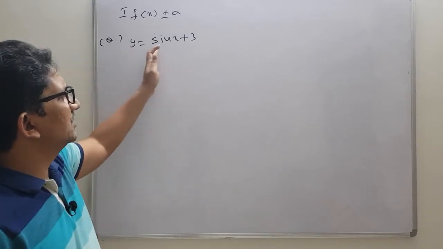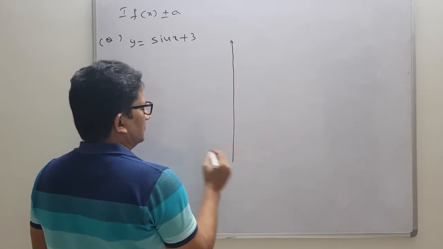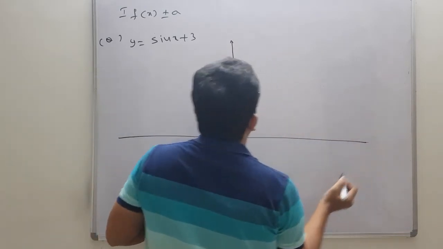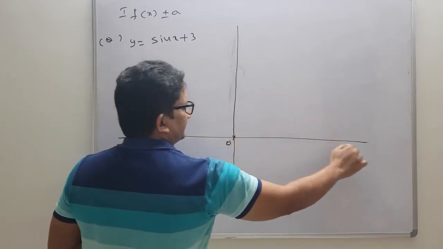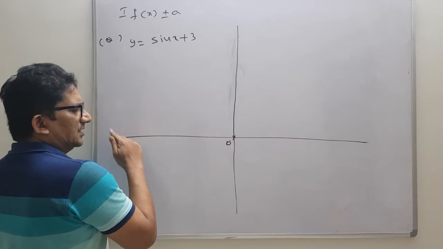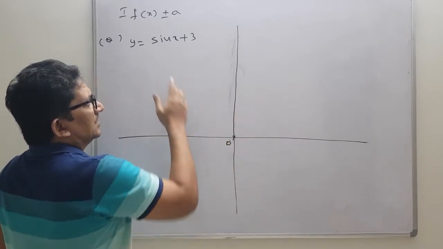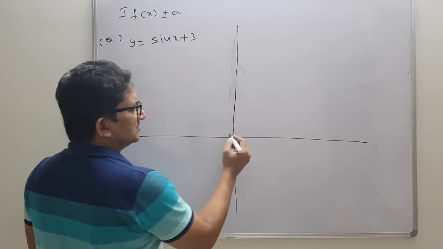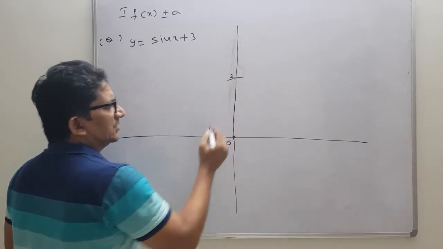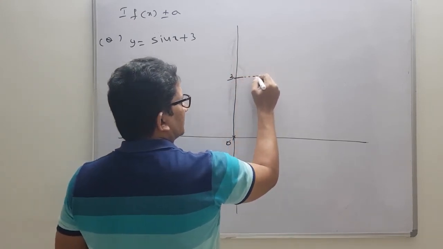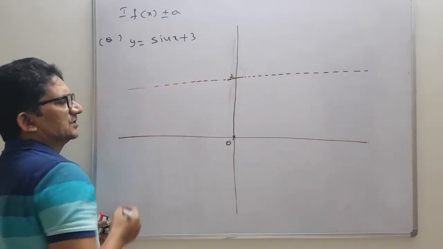Draw the graph of y equals to sin x plus 3. We will take origin. So we know that sine curve will be like this type. The sine wave will go in this way, and we know that sine wave lies in between minus 1 and plus 1 only. Now here the sine function is added by 3, means we need to shift here somewhere 3 units. Now here we will draw your line of reference. This is the line of reference.